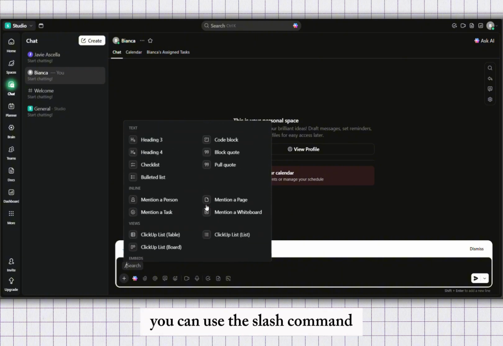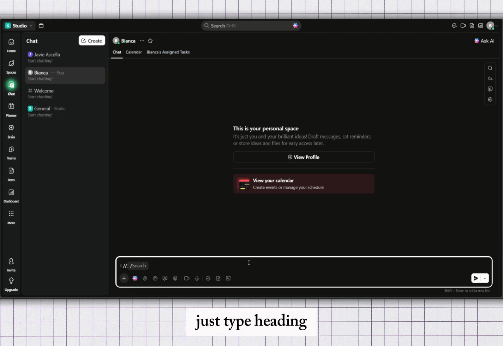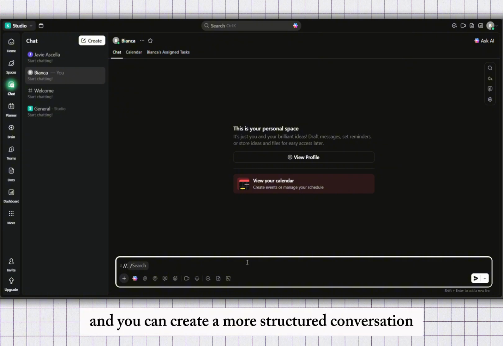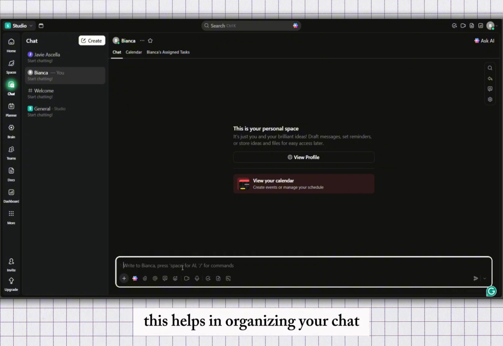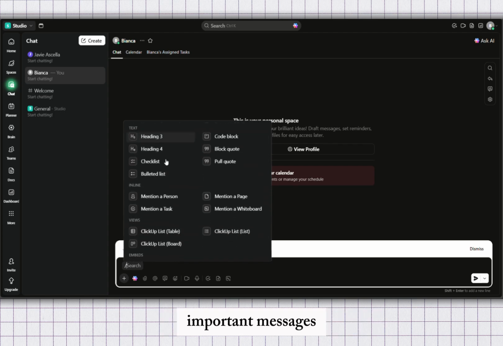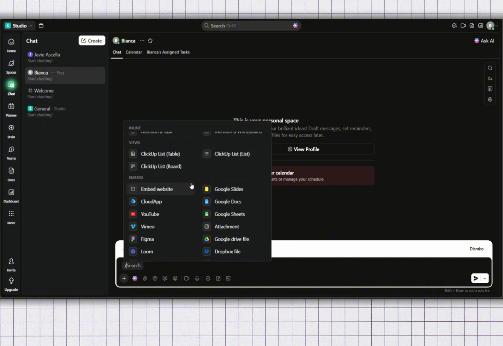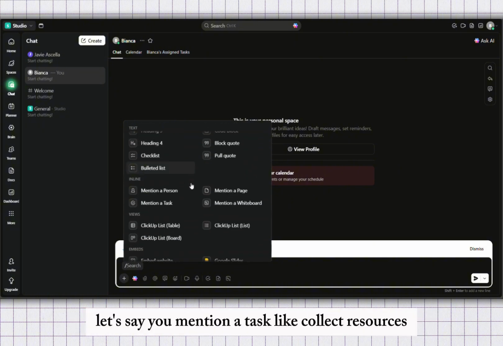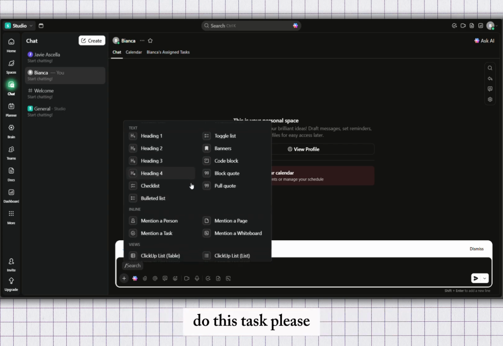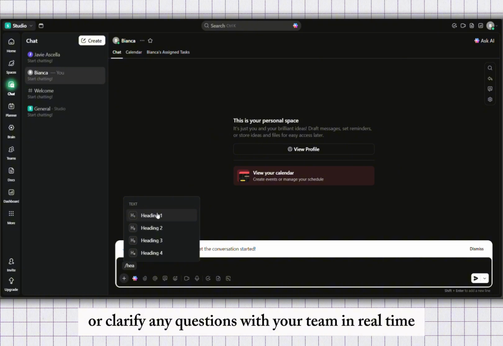You can use the slash command to quickly access different options. For example, if you need to add a heading, just type heading, and you can create a more structured conversation. This helps in organizing your chat and makes it easier to navigate through important messages. You can also react to messages with emojis or comments. For example, let's say you mention a task like collect resources. Do this task, please. You can then use the chat to discuss the progress or clarify any questions with your